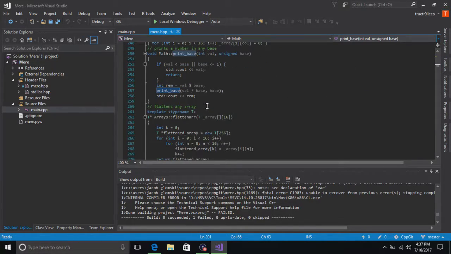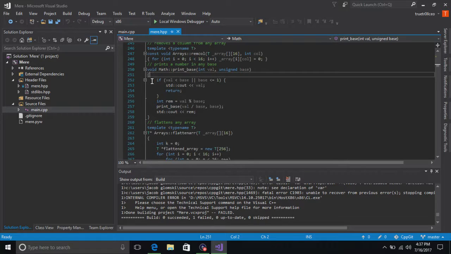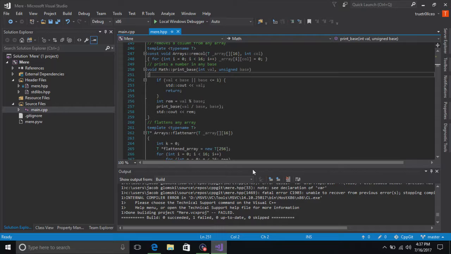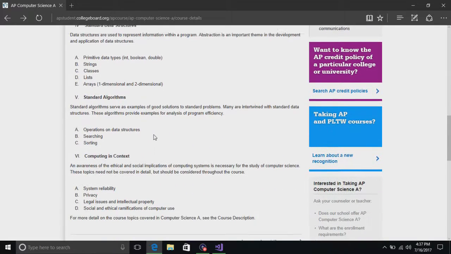Okay, so this is a function, right? Program correctness. Or, wait, no, we already did program correctness. Algorithm analysis. So I can analyze this right now. What this does is it puts any number in any base. So, for example, if I wanted to print 10, but in base 6, it would do that. That's all it does.